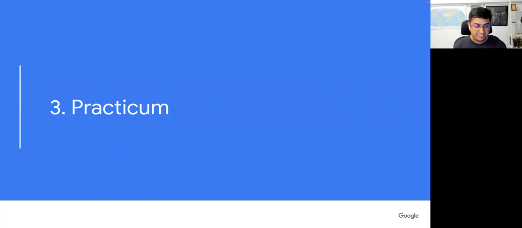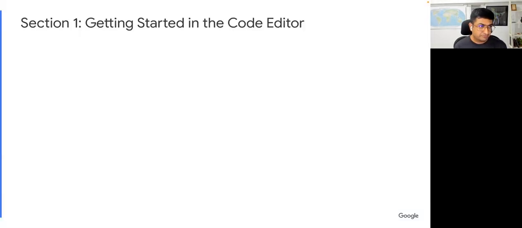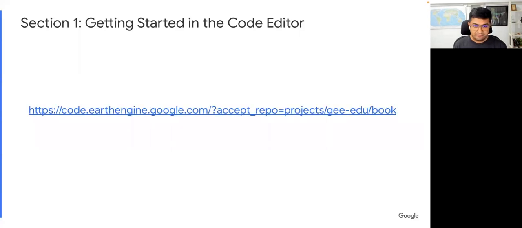All right, so we'll start with the section where we'll do coding. I'm going to run you through the topics that I covered in the chapter through the code editor. So the first step is, since this is the very first chapter and you might be just getting started with the book, all of the book's code is available in this repository. The repository is